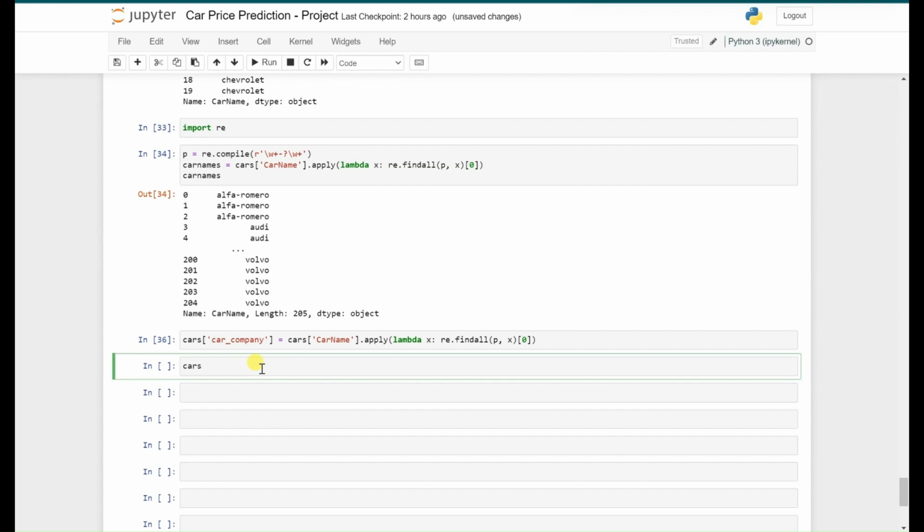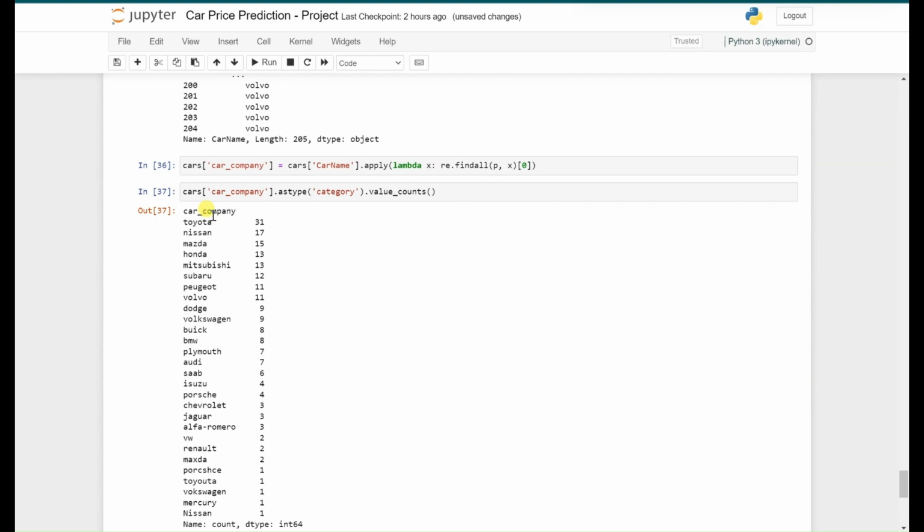So cars, car company dot astype category dot value counts. Okay, so now you can see that most of the cars belong to brand called Toyota, then Nissan, Mazda, Honda,